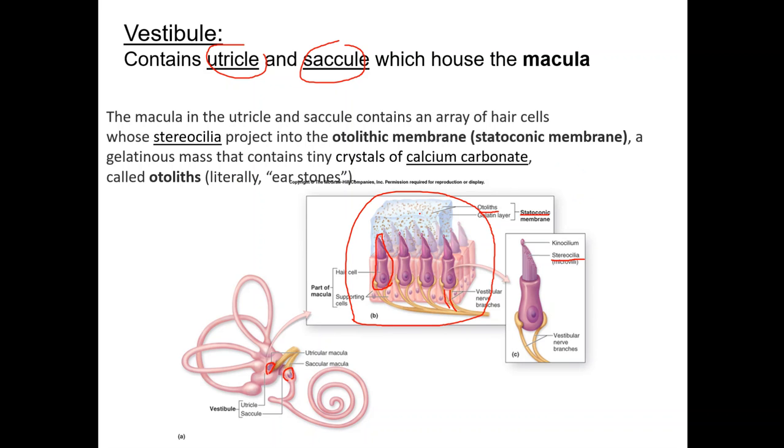and these are very important for the transmission of. Remember, this is an equilibrium organ, so for sensing the equilibrium. And so